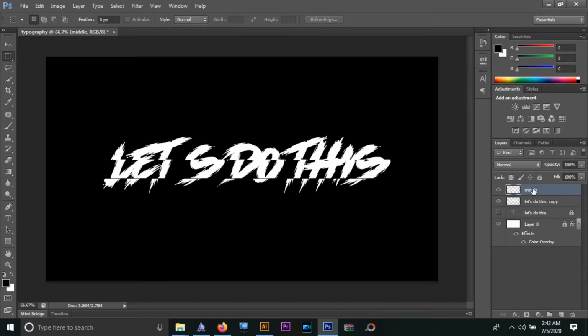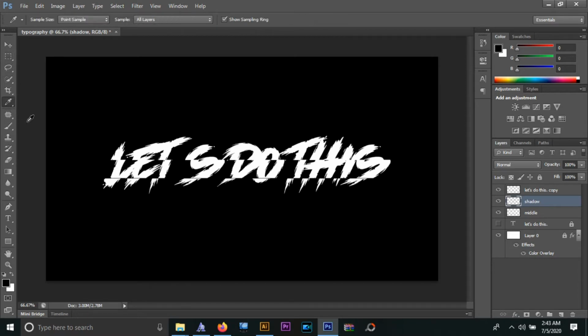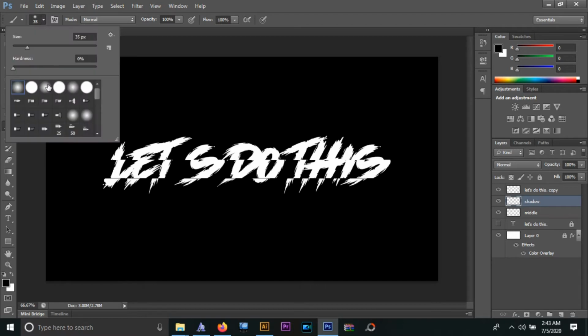You can move this layer around, play with it, see how it fits with the other text. It's important to put this layer below the text layer, the rasterized text one, and now will be the good time to rename it if you haven't already, so that you know what is what. So I'm going to name it middle because it's going to be the middle part of the text, and I'm going to add one more layer and name it shadow. The shadow layer will be placed above the middle layer so that the shadow is, yeah, you get my point, right?